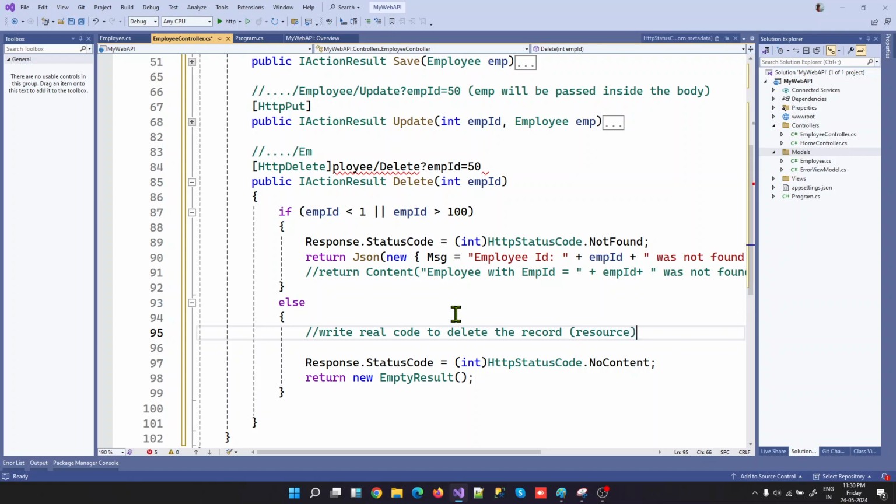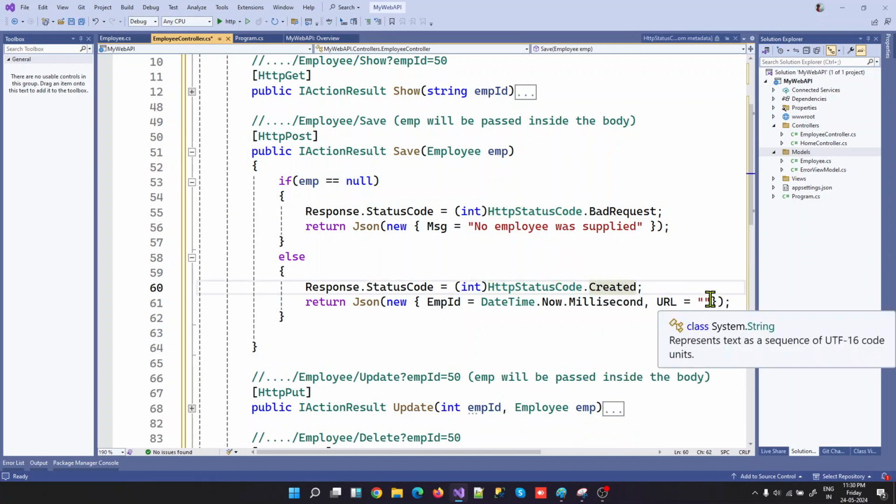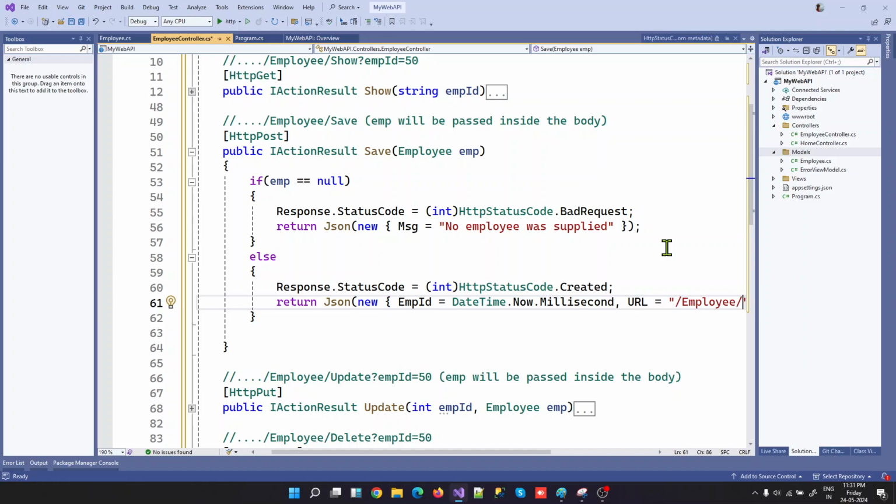The API terminology, everything is a resource. Okay, so you want to delete the resource. All right, so you want to delete this resource, and then you write some code, and finally we have to be returning some status. All right, so one thing you might have seen that I have missed doing here, once after you say created, you must actually also send a custom URL where the data can now be found. It's very simple. You can just say, okay, now you can find the data in employee forward slash show